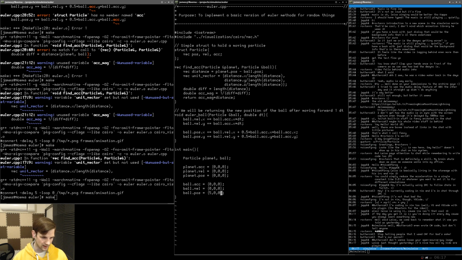Something like this. And then we're going to go down here, and we're going to say ball.acceleration is going to equal find acceleration, and what we need is the planet and the ball. Okay. And then down here we're going to say while